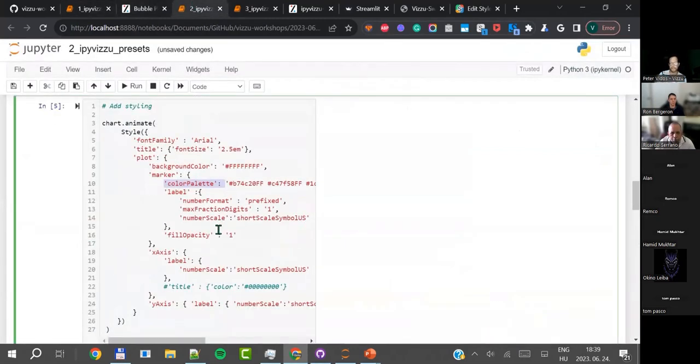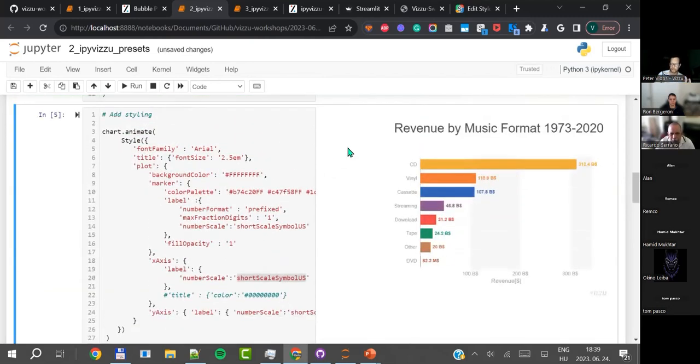It uses something similar to CSS, so it has a hierarchical logic. I changed the font family on the top level, so it's going to change the font on every element. As you can see here, the x-axis label number scale is within the plot part, so it's already on the fourth level. And I'm just going to change the number scale to have short scale symbol US, and you see everything.